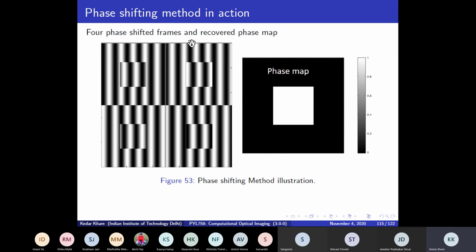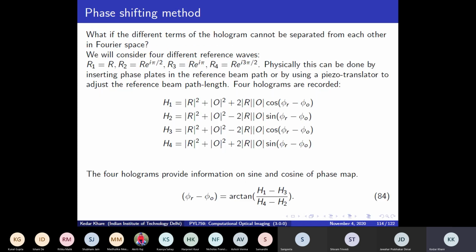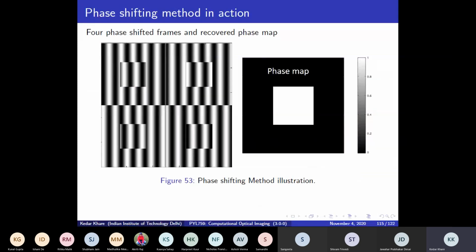What I have done is, I know what the reference beam phase is, so I have subtracted it, meaning I get this result, phi r minus phi o, and so if I know phi r, then I can get the value of phi o, and that phi o I have plotted here. And so this phase is in radians. So here in the illustration, I had taken phase values in the range 0 to 1 radian.